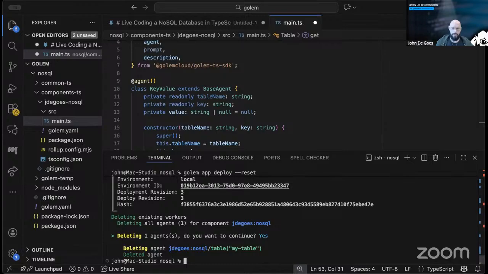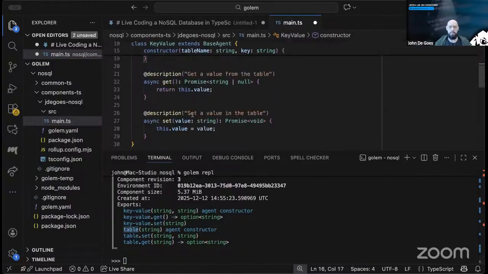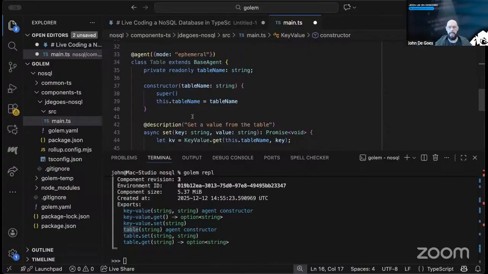Looks good. And now I'm going to enter the REPL again. Now I can see I actually have the table agent, but I also have this key value agent. The one I care about is table, because the key value agent is being used by the table agent. I'm not going to use that directly, although I might show you what it looks like. And what I'm going to do is table,